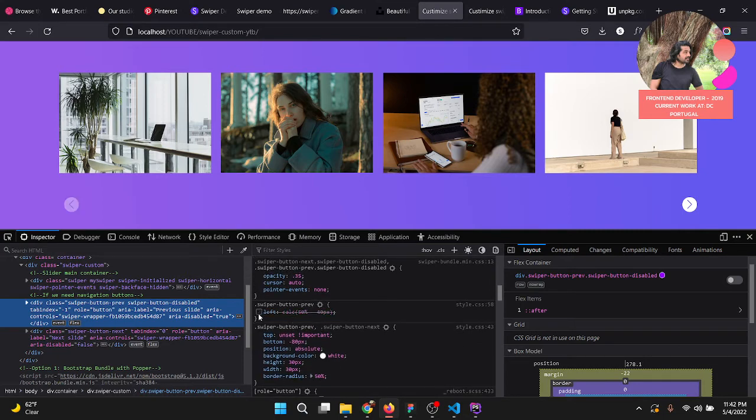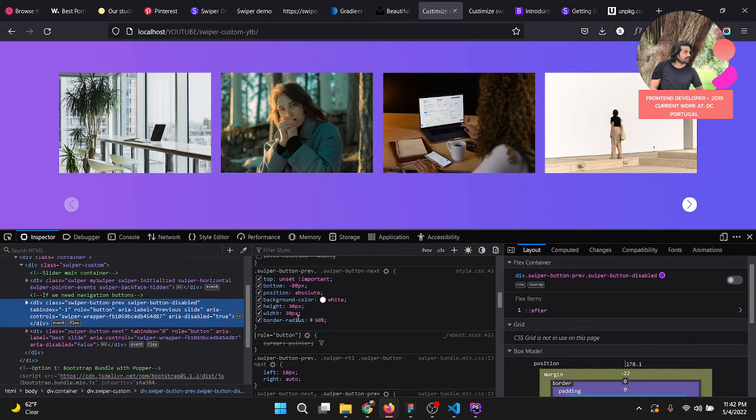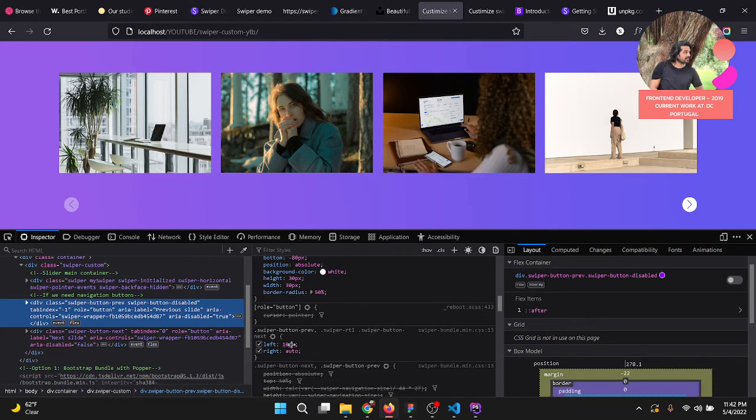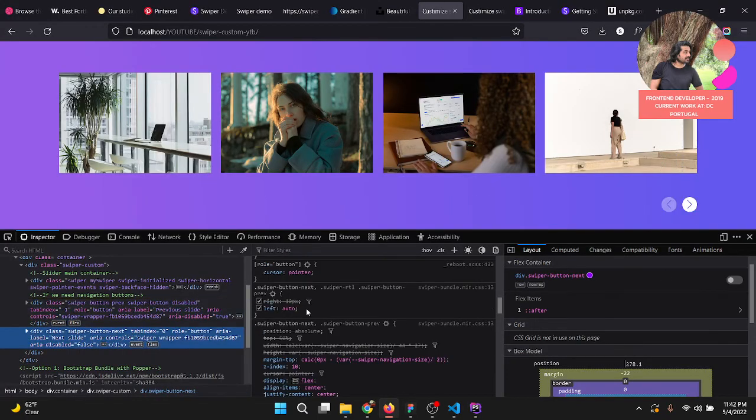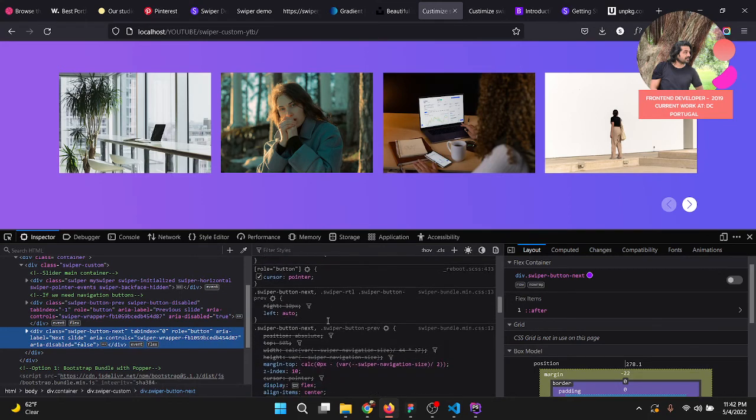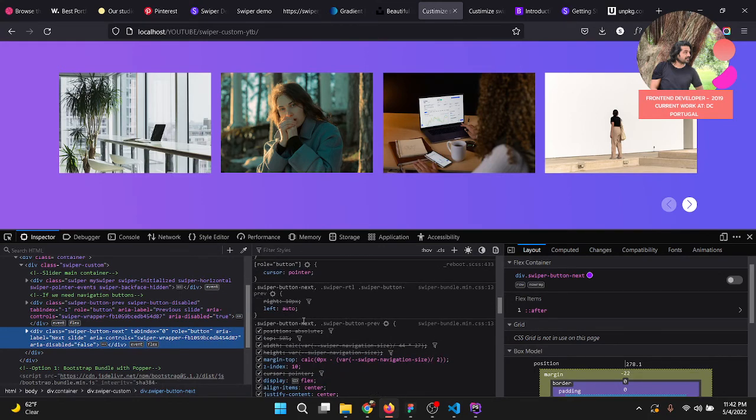just remove this, and you can put 10 here, auto, and right 30 pixel. You can also use this one. Okay, you just need to copy this one in here, and you just need to put left auto,